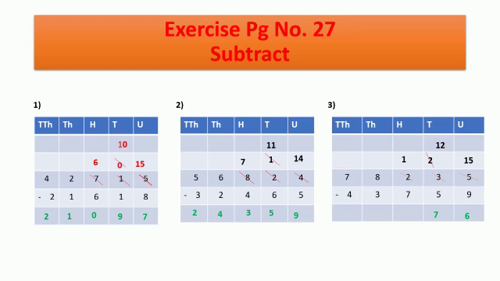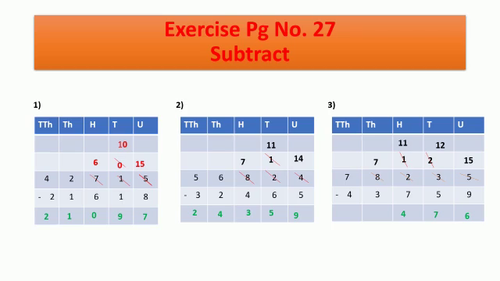In the hundreds place now, my dear students, 1 minus 7, subtraction is not possible. So again we are going to borrow one number from the thousands place, that is from 8. After borrowing one number from the thousands place, 8 will become 7 because we are giving one number to the hundreds place. And 1 will become 11, as you can see on the screen. 11 minus 7 is 4.